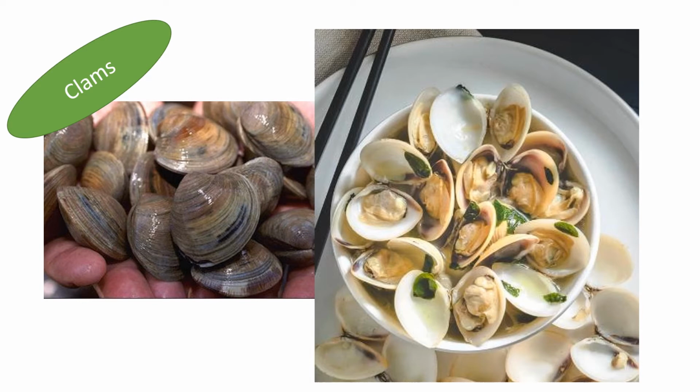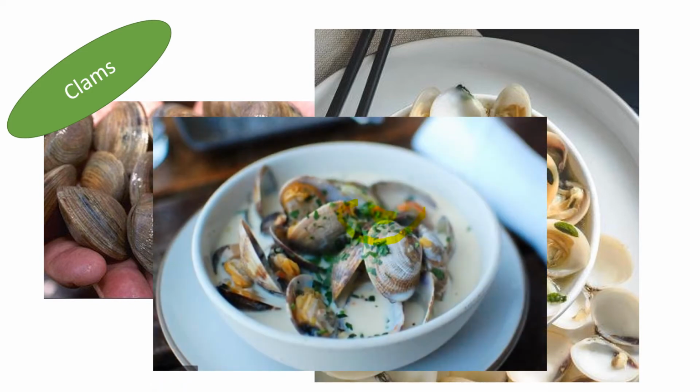There are 2-3 parts. One is the beard, along this particular edge, there is a fiber kind of a thing which is there in all bivalves. That fiber needs to be removed, and there is an inner portion which is not edible, that also needs to be removed. This is clam. This is Manhattan clam chowder. It's a very classical chowder dish which uses milk, cheese, and cream cracker biscuits along with clam. Manhattan clam chowder.